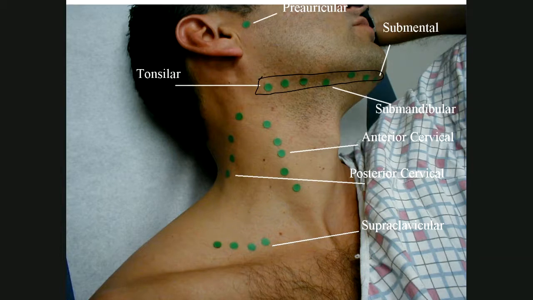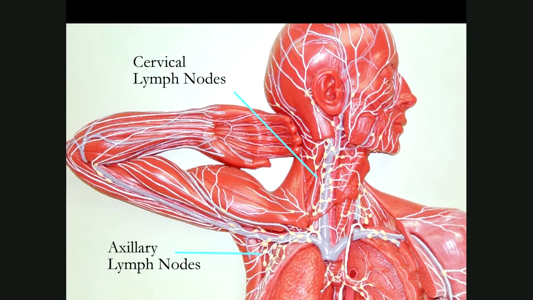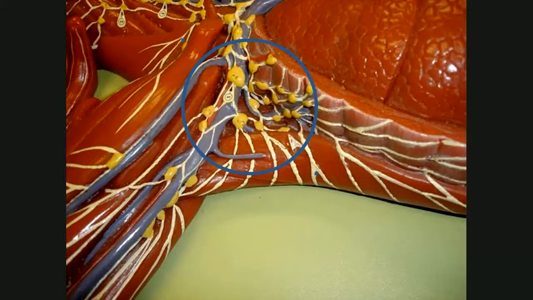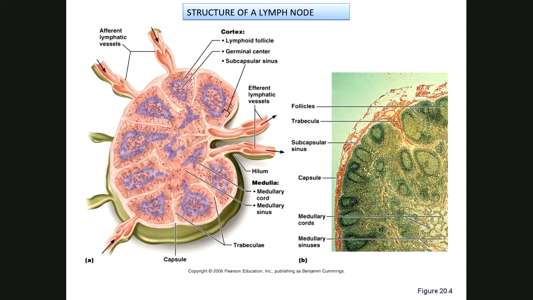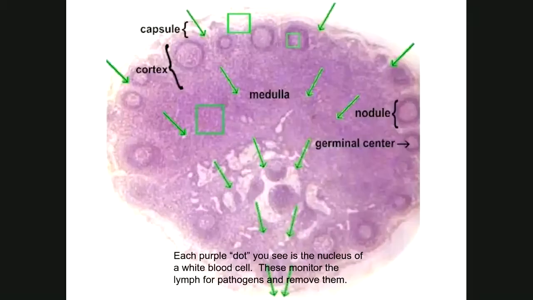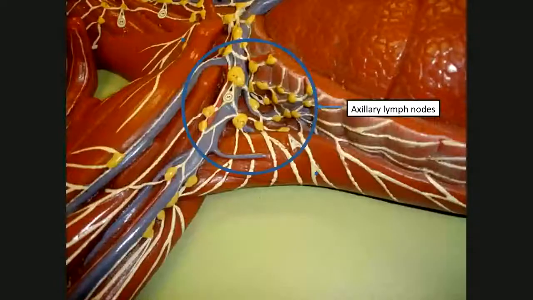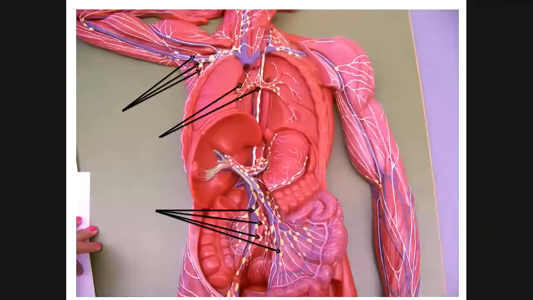And so if you ever go to the doctor and you're sick, one of the things they do is they feel these lymph nodes to see if they're swollen. So they palpate your lymph nodes. They feel your neck, they feel under your arms. Because what happens is if you get an infection, those lymph nodes will swell up. And so the doctor can feel swollen lymph nodes. So if you look at a swollen lymph node, it would be something like,